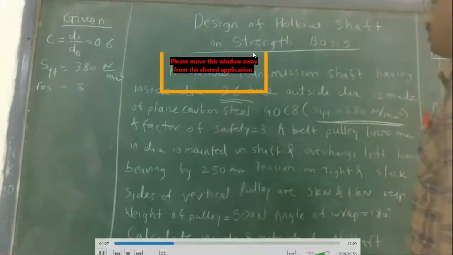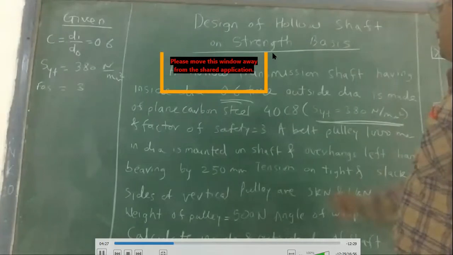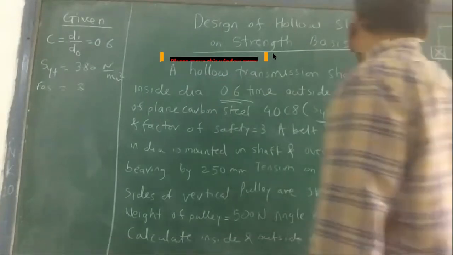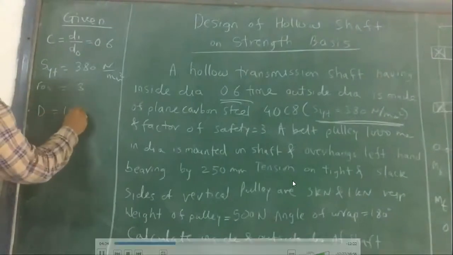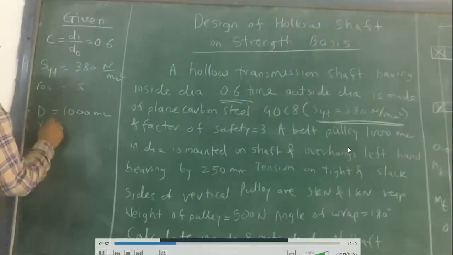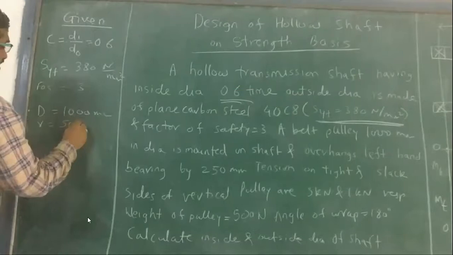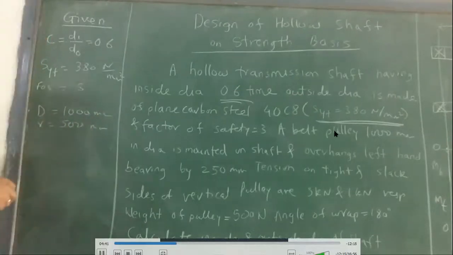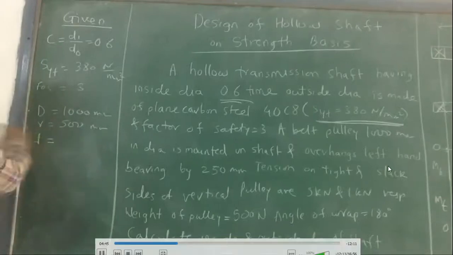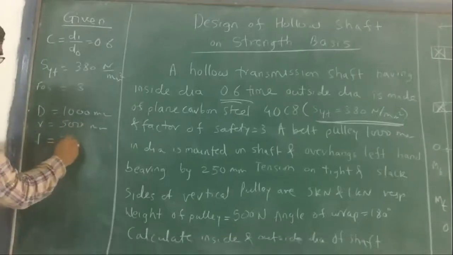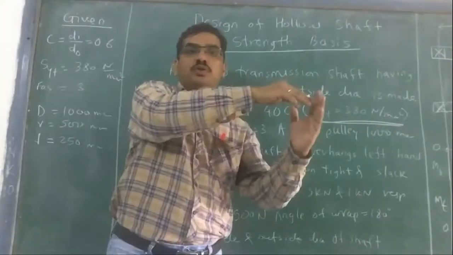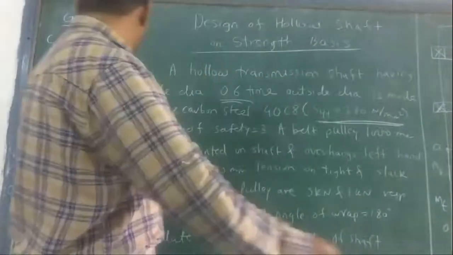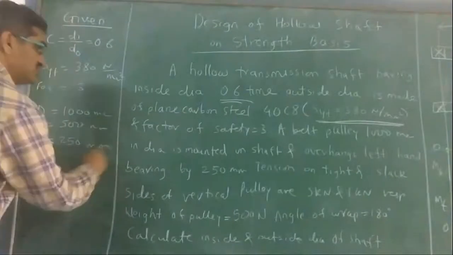Now, what it says gives us two pieces of information. First, the belt diameter of the pulley is 1000 mm, so we get R as 500 mm. So immediately we know the radius of the pulley, and then we know the overhang length. It overhangs, so it extends this length from the bearing to the pulley. This length is given as 250 mm. So we know these two things from this statement.